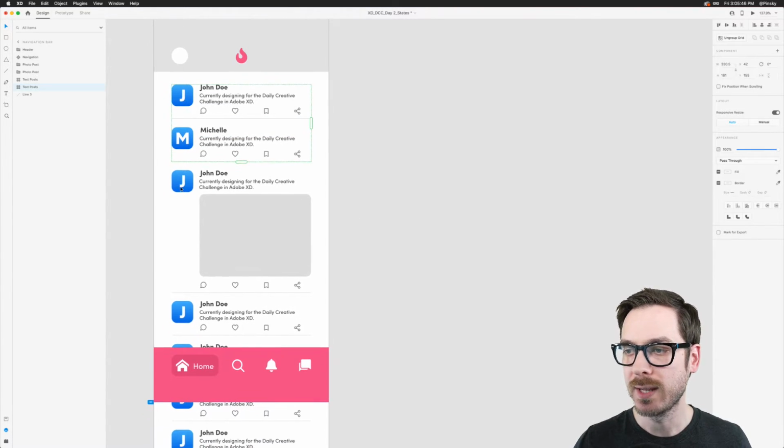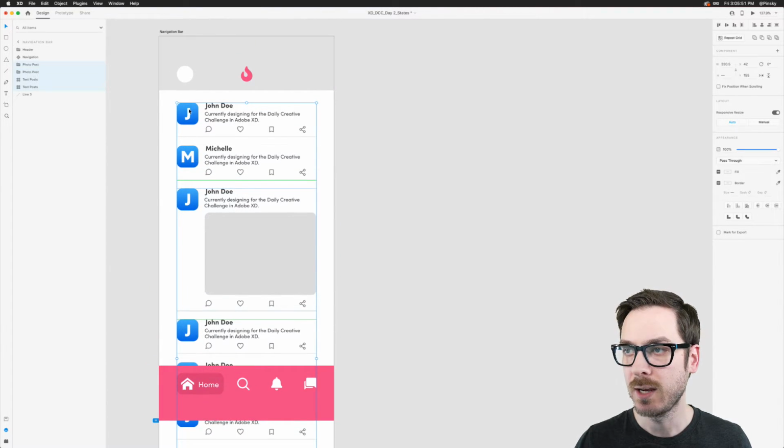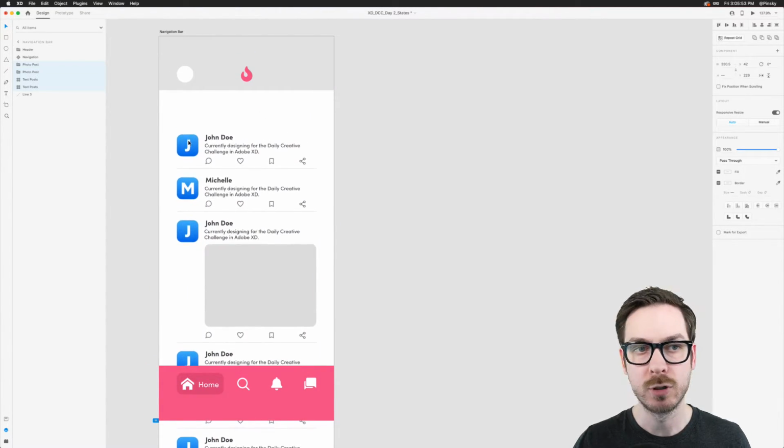All right, so to do this, what we're going to do, I'm actually going to make a little bit of room. I'm going to grab some of these elements and move them down because we need room for those lovely